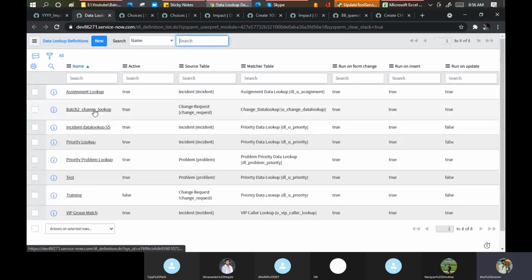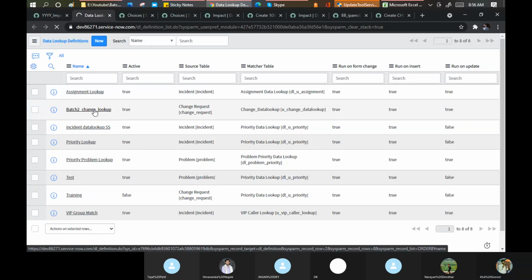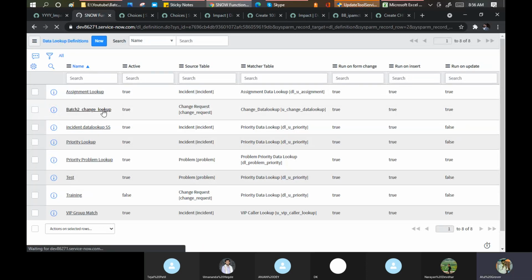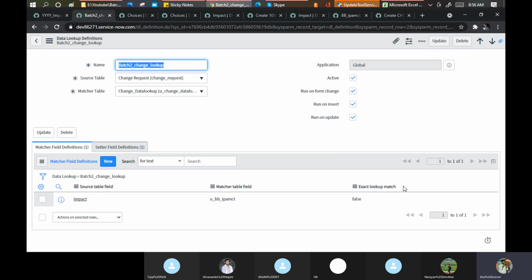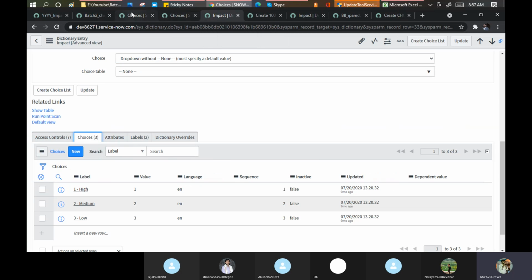Where is my best to change lookup here? What I'm doing in the setting part, this thing, exact lookup match. I said don't do the exact match. Just match some words there and make the changes for me. If I put the exact match, it means it will check 3-low. Now it will check low and do the needful for me. That is another thing which needs to be taken care of.